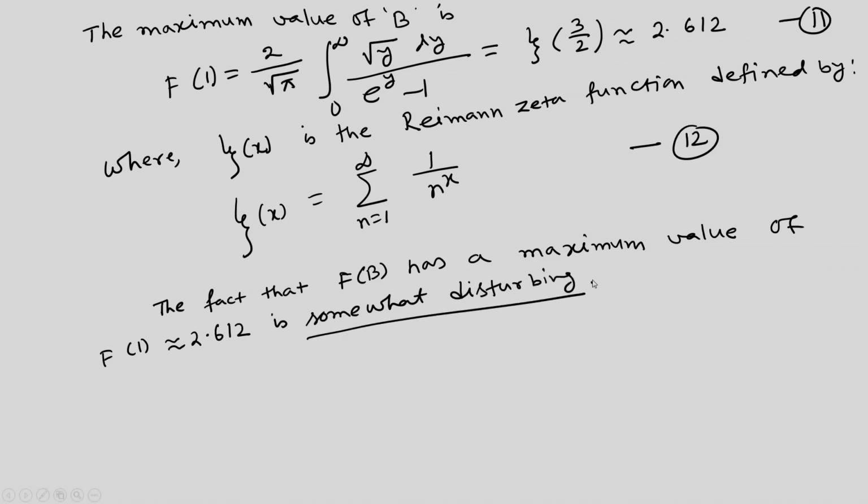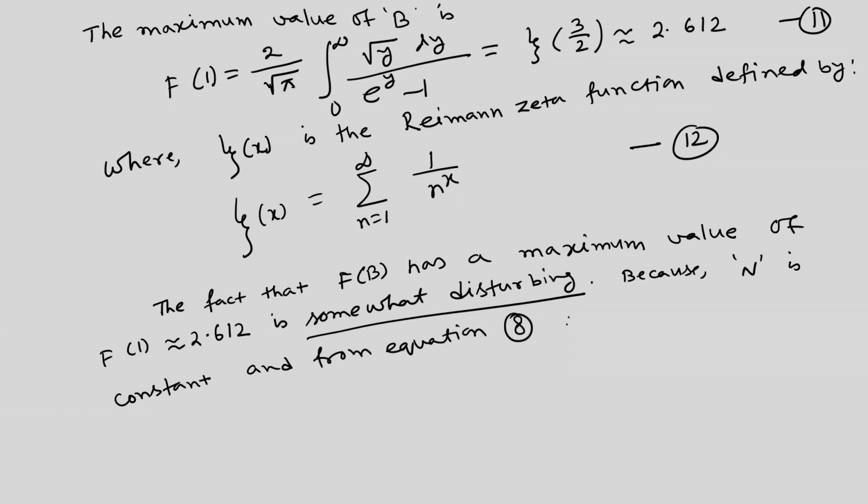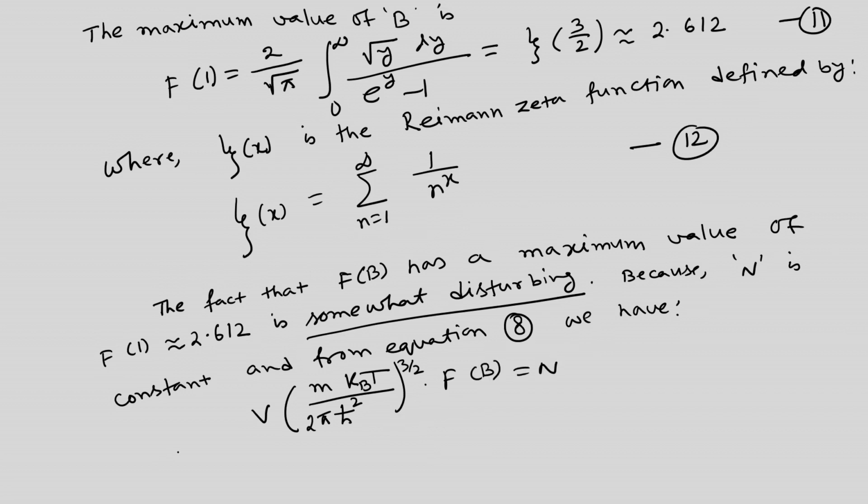Okay, so if Fb takes the value 2.612, which is somewhat disturbing, which we will explain in a while, because n is constant and from equation 8 we have